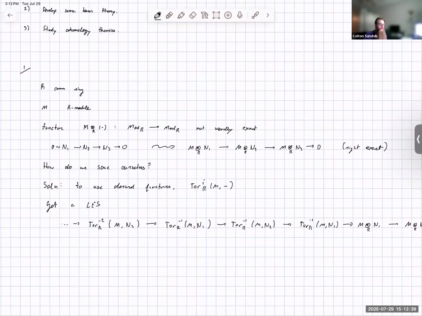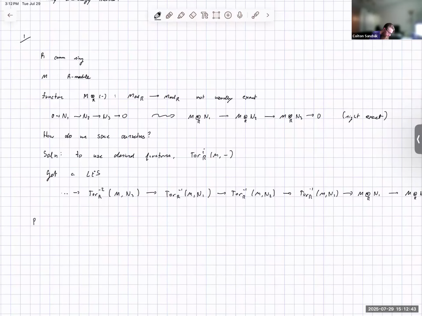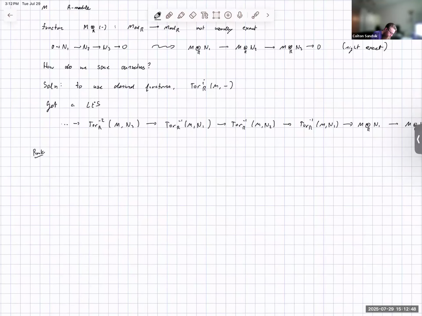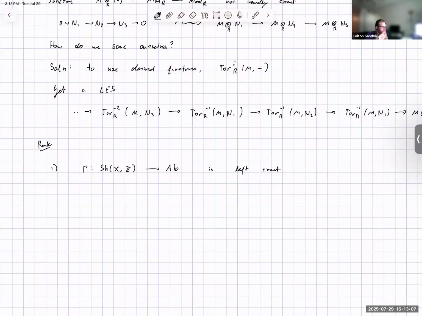So here's another remark on things that could be desired, and this goes into more general derived functors. Here's the first thing I want to say. We have this global sections functor from sheaves on a topological space, say valued in abelian groups, to abelian groups, and this functor is left exact. And so it admits right derived functors